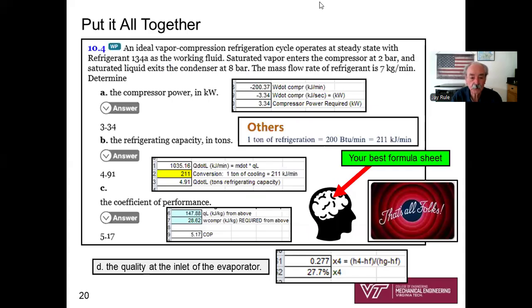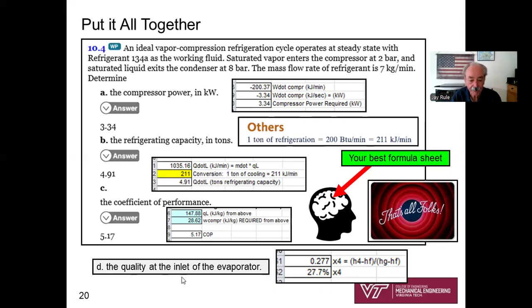Let's put it all together and sort of recap a little bit. The compressor power, the answer given was 3.34 kilowatts. Woo, we got it. Okay. The refrigeration capacity, well, in our solution, we found some large number of Q dot, okay, but we had to apply our conversion factor to get 4.91, agrees with the given answer. The coefficient of performance, energy sought over energy that costs, we've got 5.17, yay, okay,